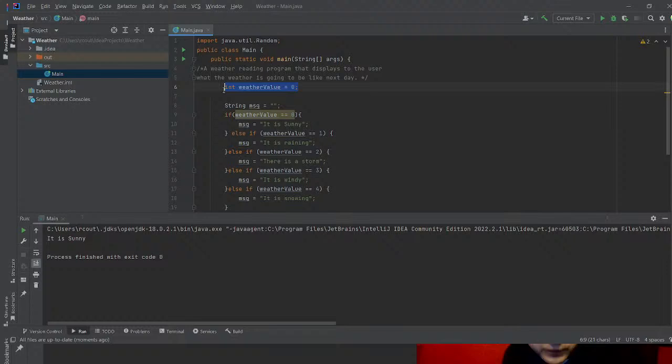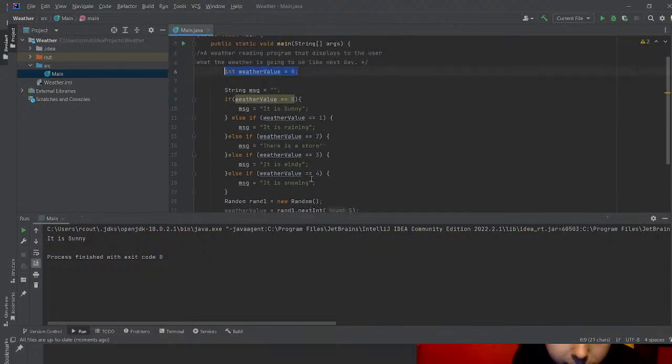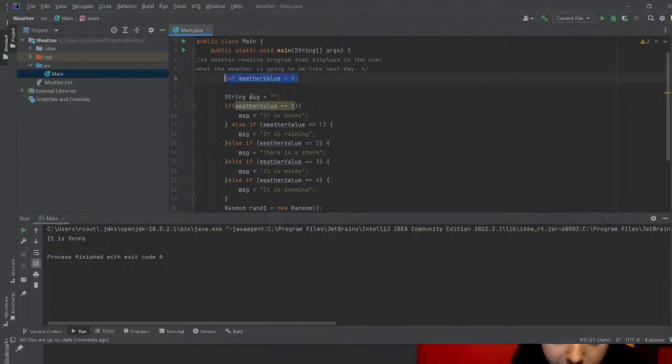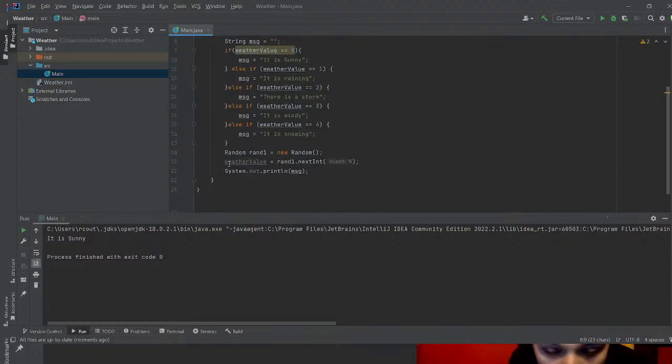That's not what it's supposed to do. It's supposed to be initially set to 0, and then adjust to the random number, and then tell you what the weather was. So that's because all of the time where that went on was here, where you first create the random variable,